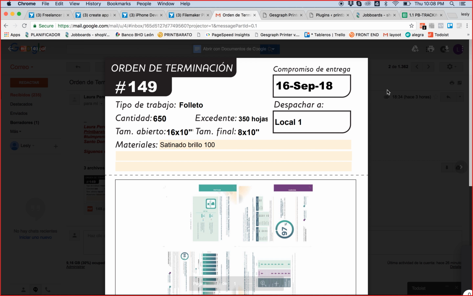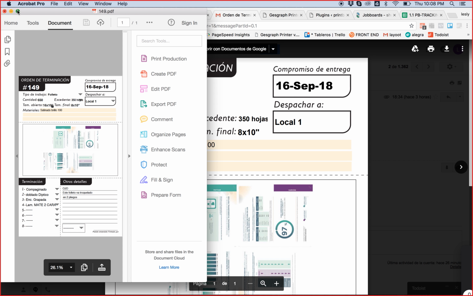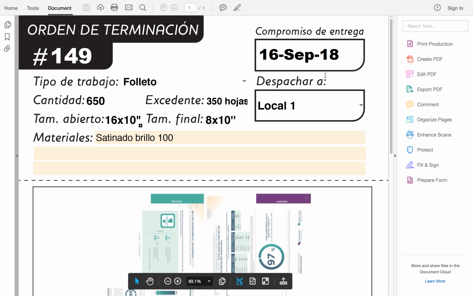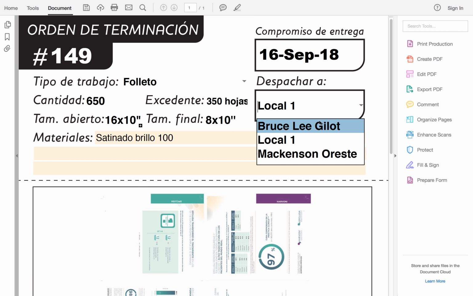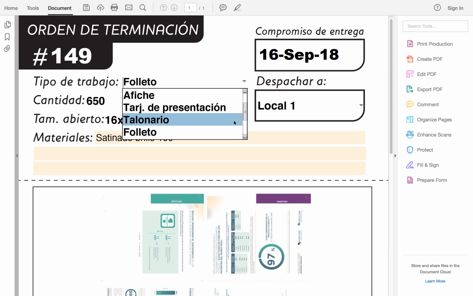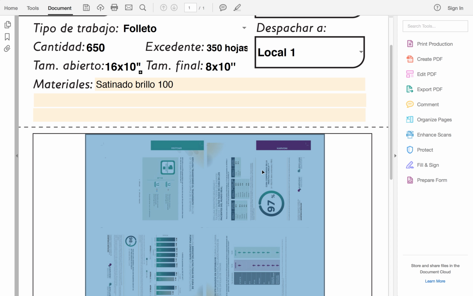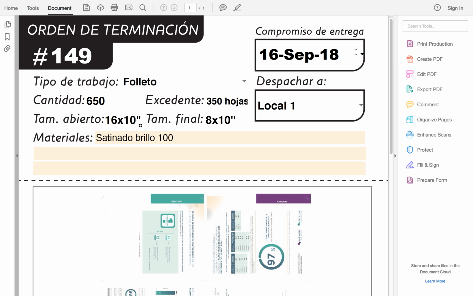Let me download it so you can see it better. One second. Okay, now you can see I have to put who's receiving it, the size, the paper, the open size, quantity. Here I have to choose what type of job it is, load the image, choose the date,